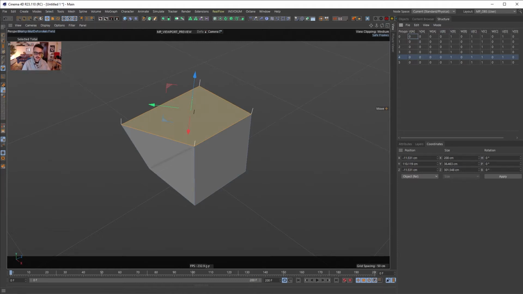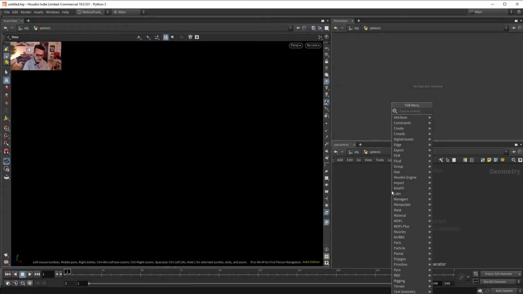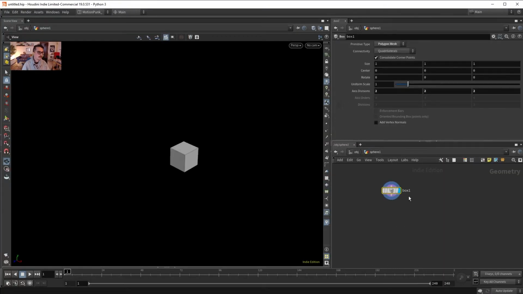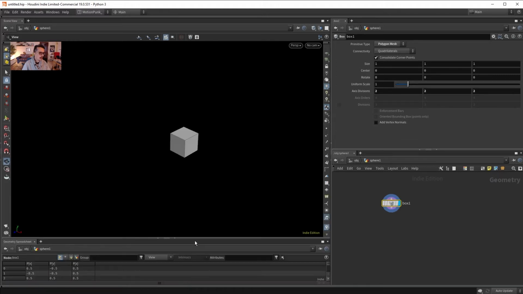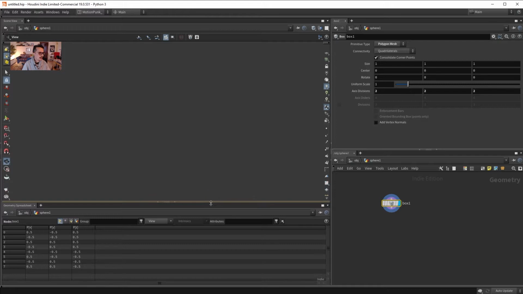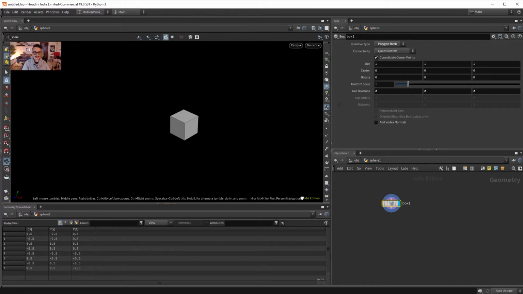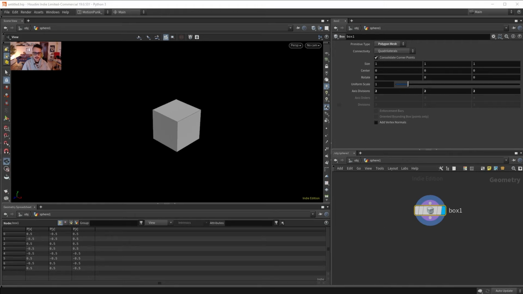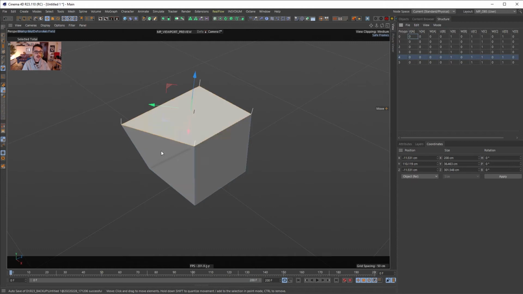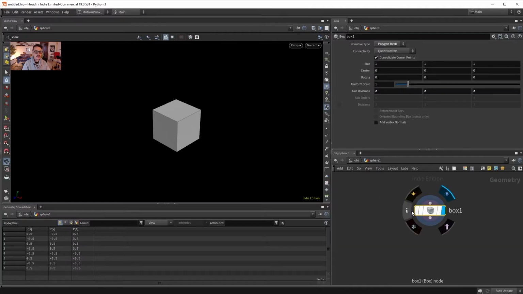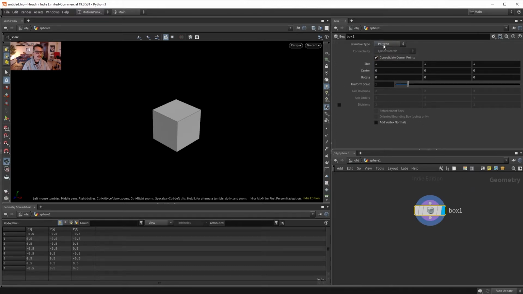So jumping in Houdini to do the exact same thing, I'm gonna create a cube, right? And I'm gonna open here this ugly, scary thing, the geometry spreadsheet, but this is much more logical because in Cinema4D, by the way, I had to make my cube editable in order to see things, while in Houdini, there is no such thing as editable, besides being a primitive, which is called a polygon in this case, but